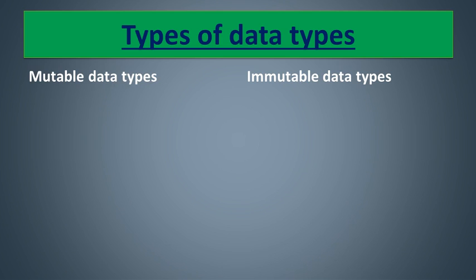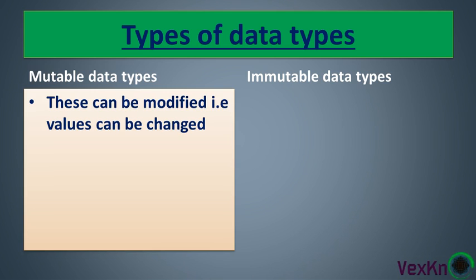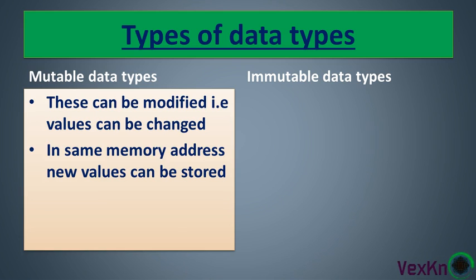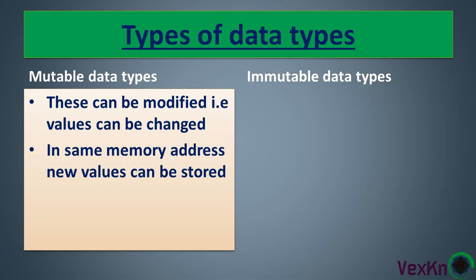So, types of data. We have already discussed in the previous classes and chapters about mutable and immutable types of data. Mutable means the values can be changed. So these are data types whose values can be changed. How are these values changed? Whether there is a facility to accommodate new values, like in the case of a list. Yes, values can be changed, and at the same memory address you can add more values. So you can decrease and increase the size by inserting and deleting values. Examples are lists and dictionaries.